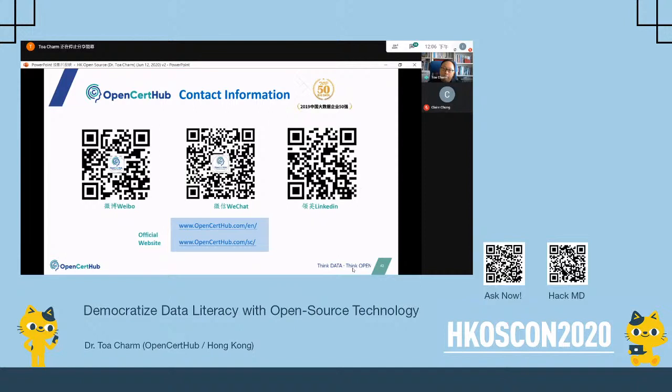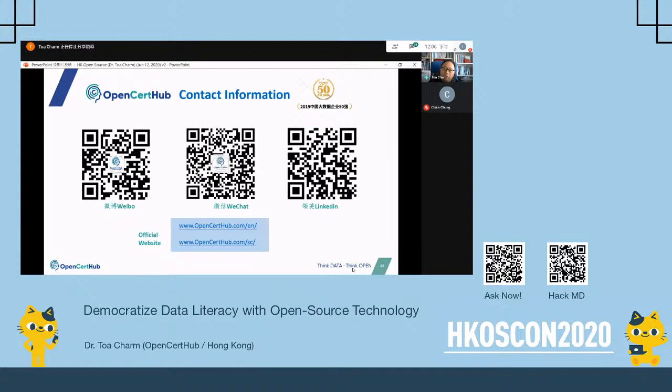The last point is that we need to have a standard. So people who want to be a data scientist or citizen data scientist can take some classes and learn something. How do you make sure that you learn the right thing and you become as good as you want to be? If you're an employer, an enterprise, how can you make sure that you get the right people with this kind of data literacy, and how can you train up your staff to become data literate? So it's very important that you have a standard. So that's why we started the company OpenCertHub last year in order to do that, right?